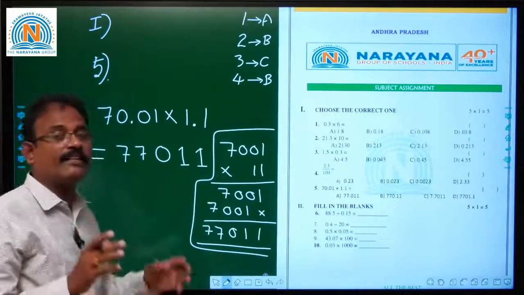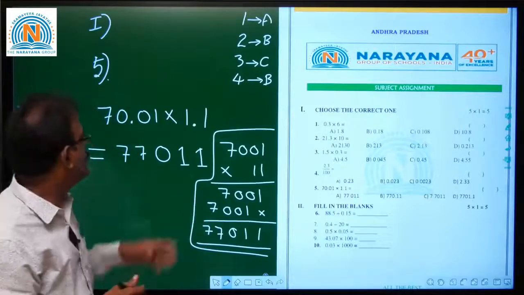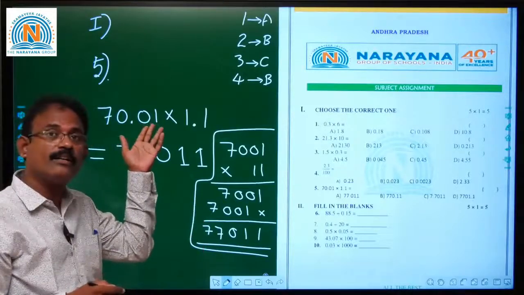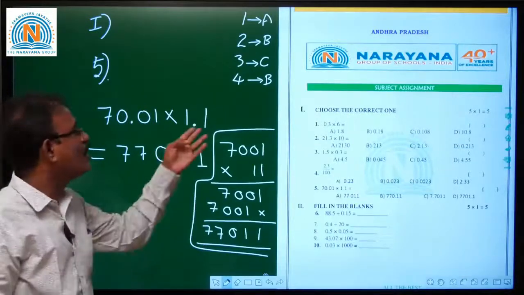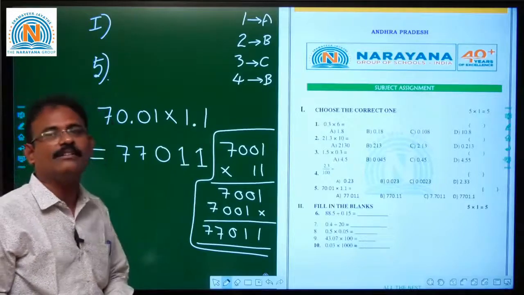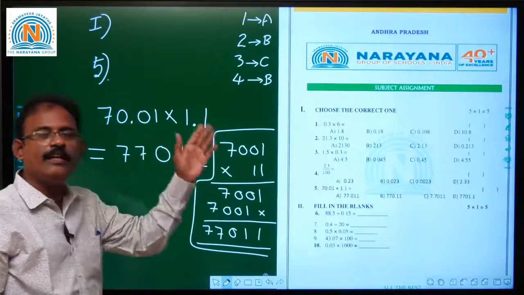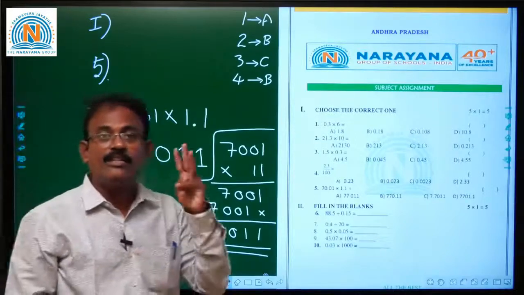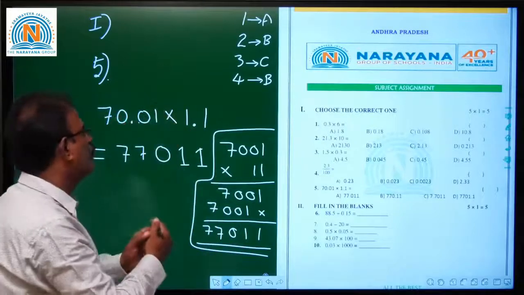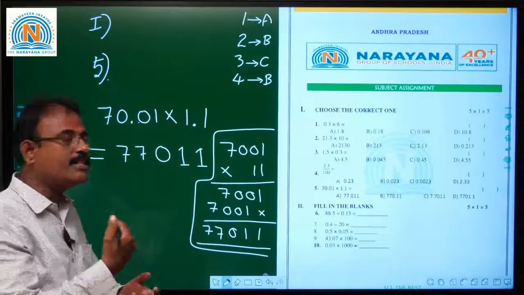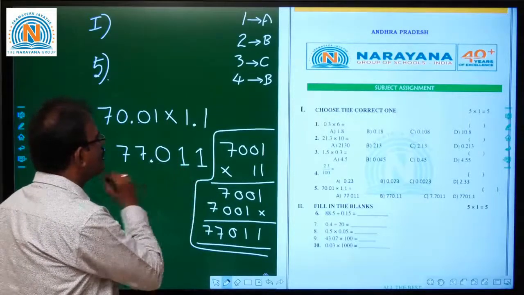Okay, now let us recall how to locate the position of the decimal point. Here, how many digits do we have after the decimal point? 2 digits. What are they? 0, 1. And here, how many digits are there? We have 1, none other than the digit 1. So here 2 digits, here 1 digit. Together we have 3 digits after the decimal point in the product. So we must keep the decimal point 3 digits before, children. So 1, 2, 3. Let us keep the decimal point here.